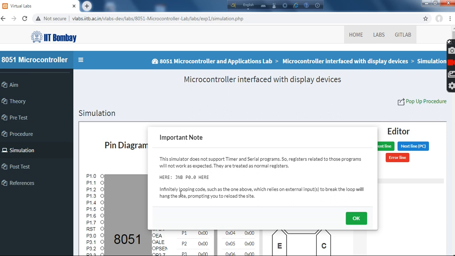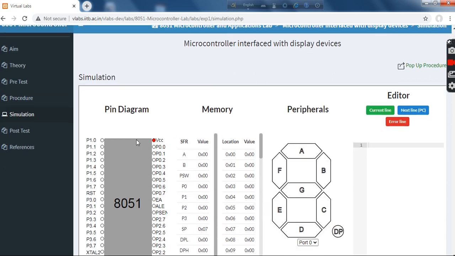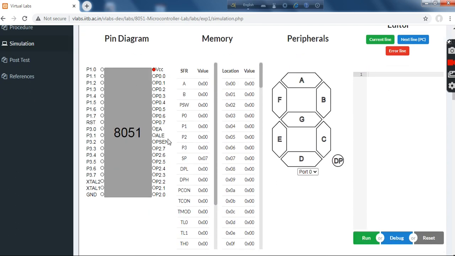Here a note will come which displays that the simulator does not support the timer and serial programs, so all the registers related to those programs will work as normal registers. We are going to click OK. Then this is the simulation. Now this is the 8051 chip, and the corresponding SFRs are shown with their values and locations.